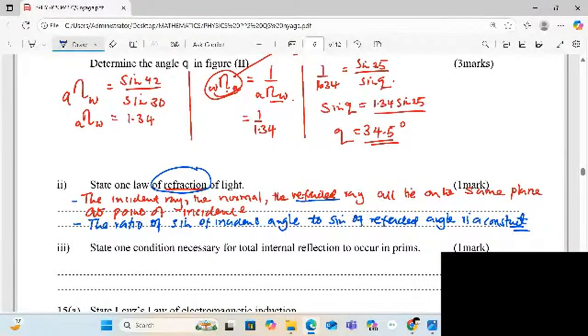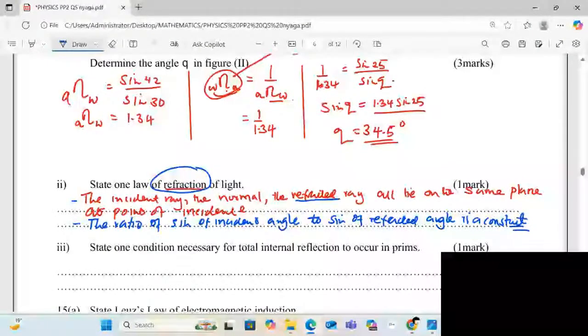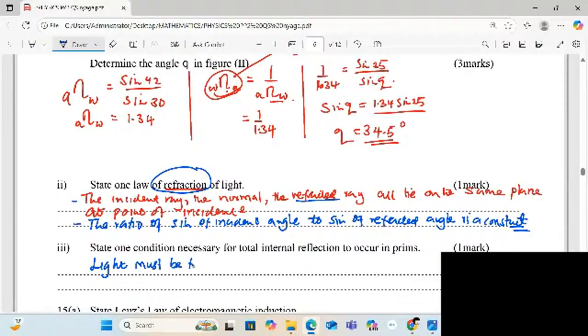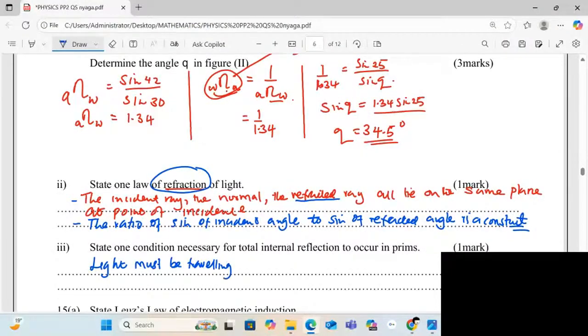One condition necessary for total internal reflection to occur in prisms: light must travel from an optically dense medium. Then number two,